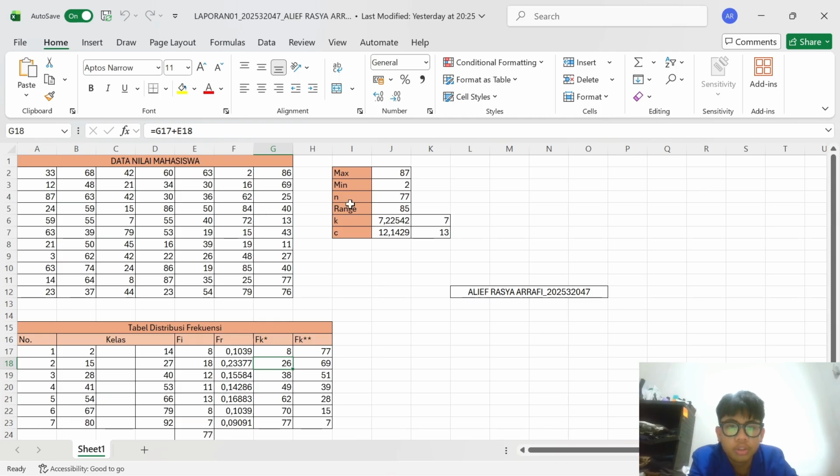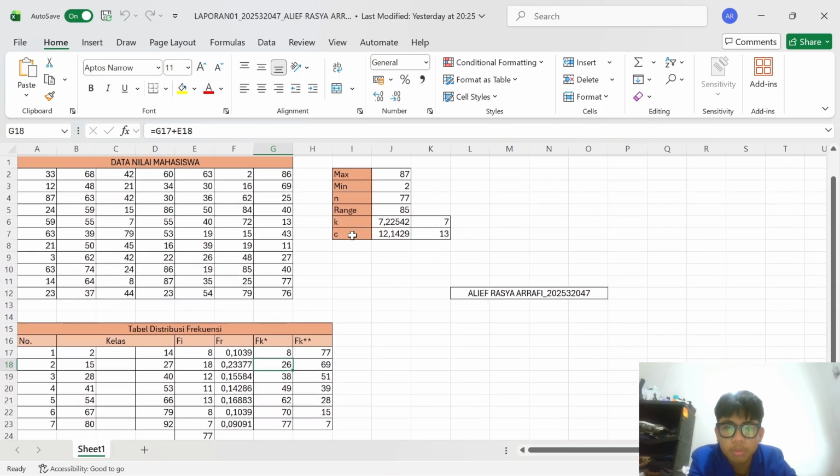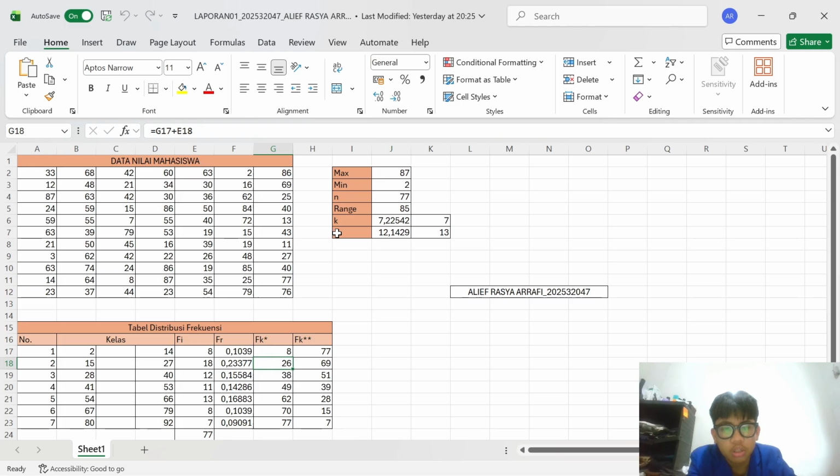Next, step 2 is calculating basic statistics to build the distribution table. I need to find some basic statistic values. The first is max.